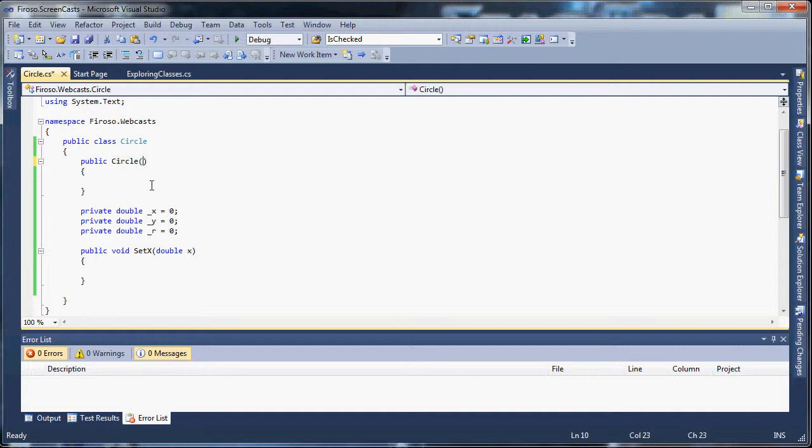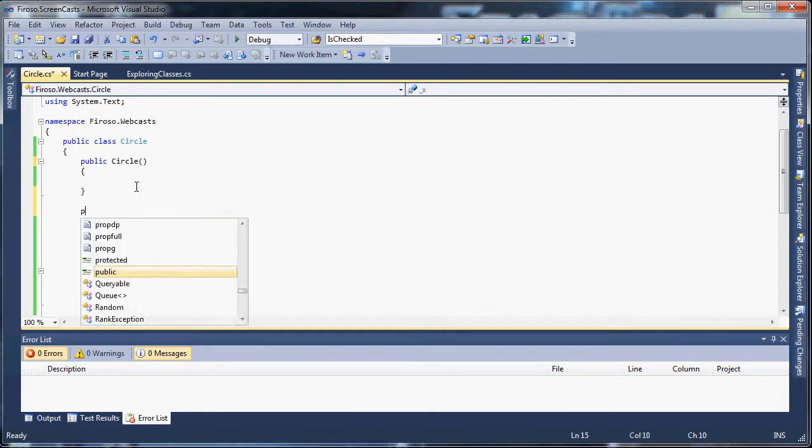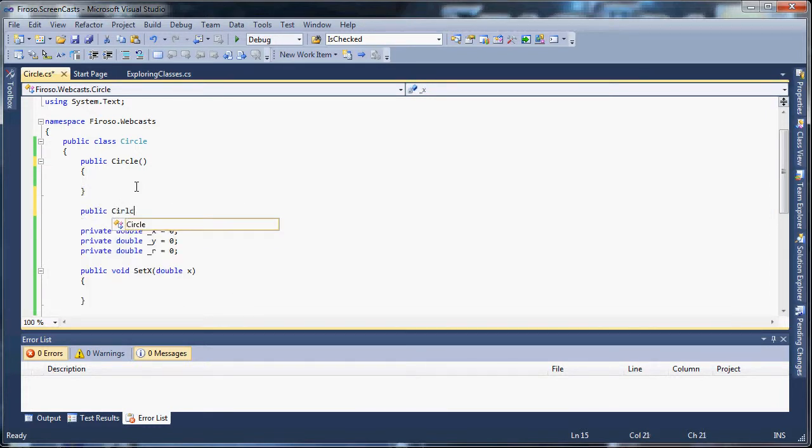Sorry, not multiple. I said this wrong. Multiple functions or methods with the same name. I apologize. But as long as they have different parameters. So one way to do this, it's called overloading. One thing you can do is have a constructor